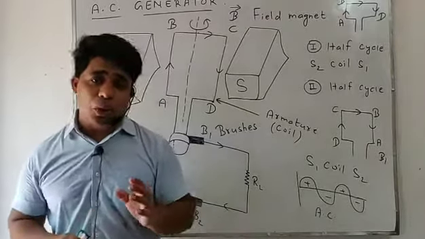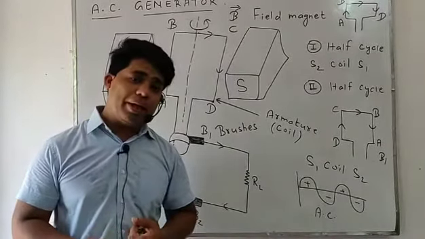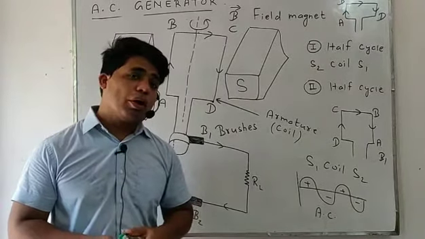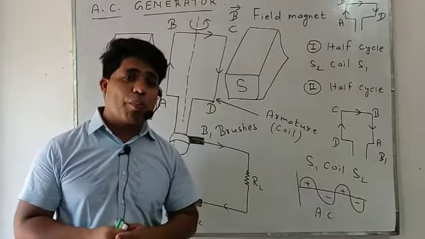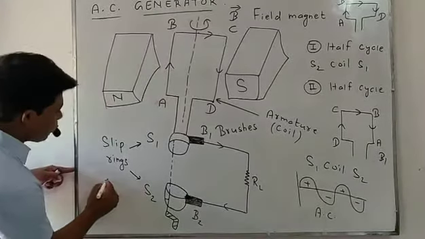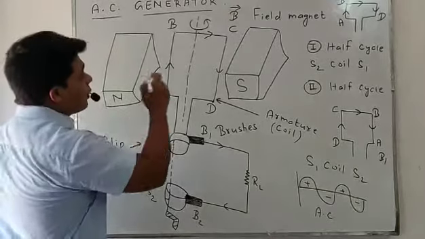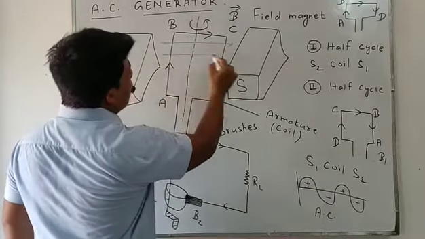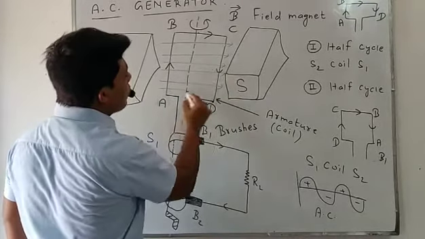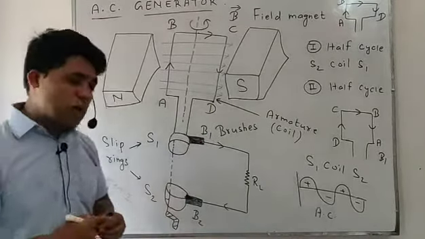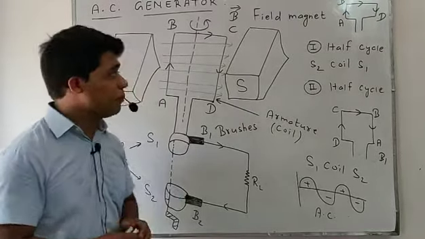Now students, its principle. It is based on an important principle, electromagnetic induction. We did this before; shortly we will revise what electromagnetic induction is. That is called EMI. Whenever the magnetic flux linked with the coil, passing through the coil, changes, then it produces current and EMF. That phenomenon is said to be electromagnetic induction.